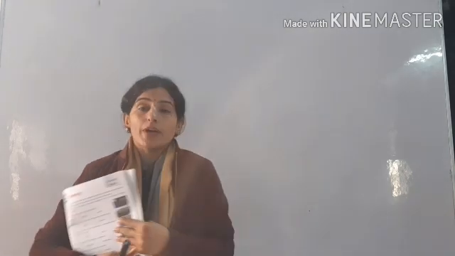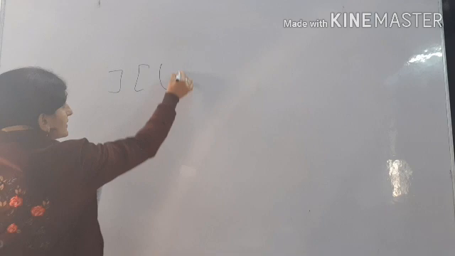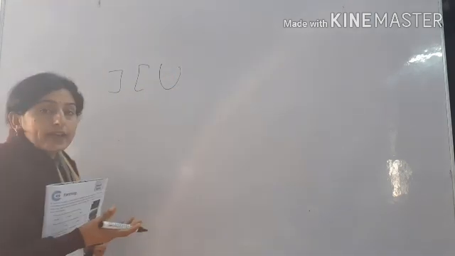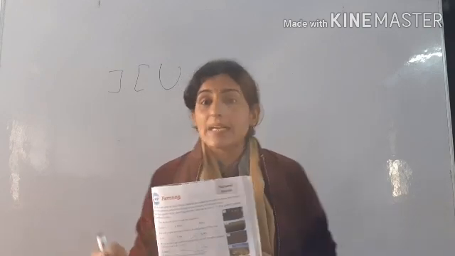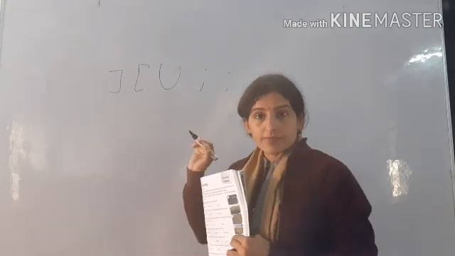Okay. So in this chapter we will discuss some pictures, and after that we will talk about which picture will be repeated next. Means you will have some pictures, like we can see some type of symbols like this and this and this. So you will be asked what type of symbol will be repeated here. Okay. So in this chapter we will discuss this.